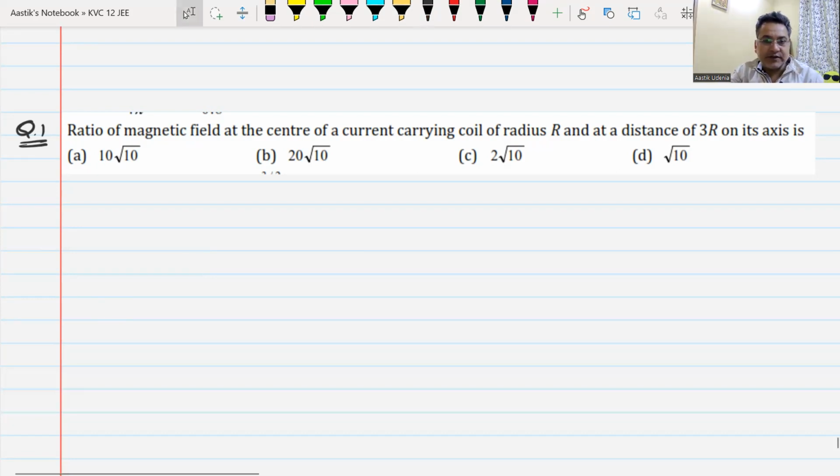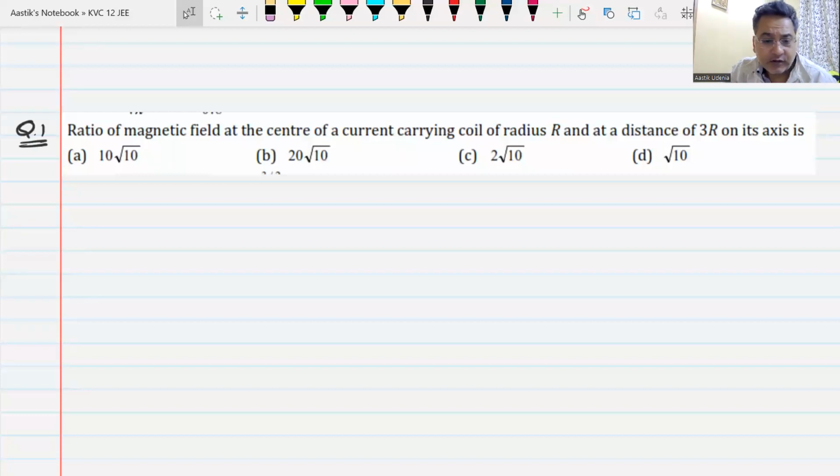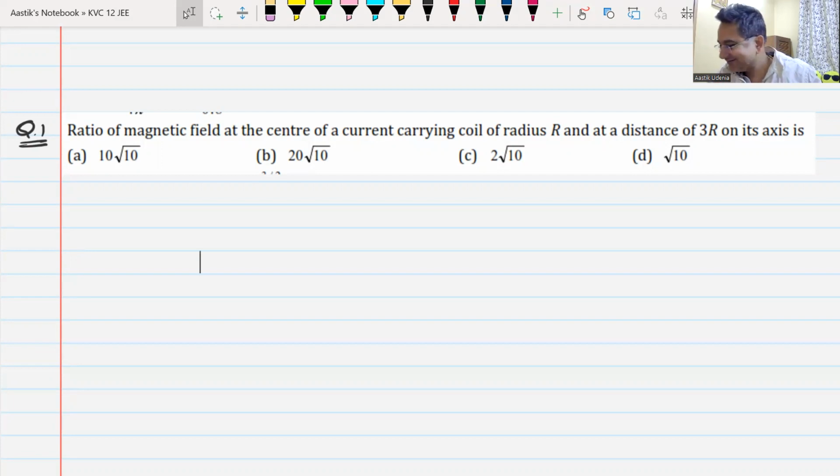I'll give you 2 minutes to give me the answer. So, how do we get the answer for this one, sir? The question is B center by B axis equal to 1 plus x square by r square whole power 3 by 2. Good. See, if you remember small things,